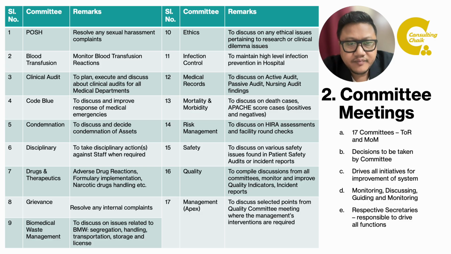Here, it is to discuss death cases, certain APACHE scores, where, say for example, the APACHE score was very high, but the ICU department was able to save the patient, or vice versa, the APACHE score was very low, but the patient was not saved. Those cases need to be discussed in the mortality morbidity